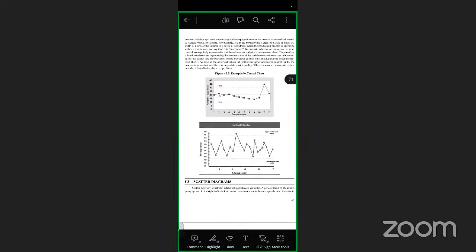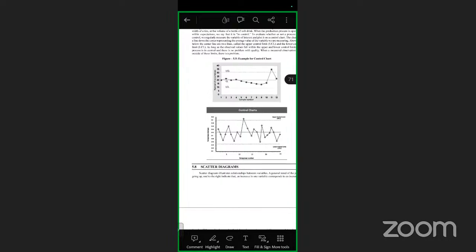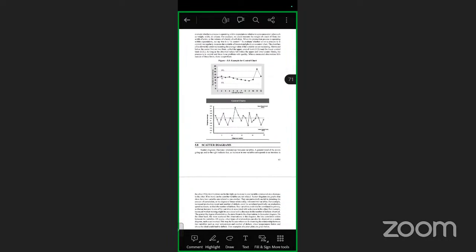So we are going to interpret. We'll take some proper action against this. Next statistical tool here: